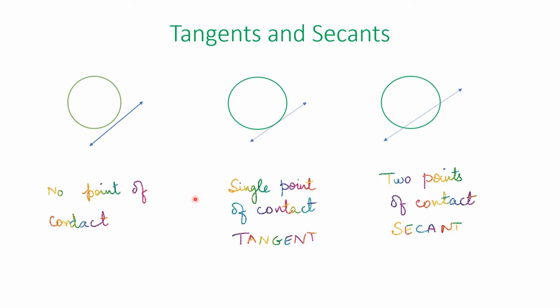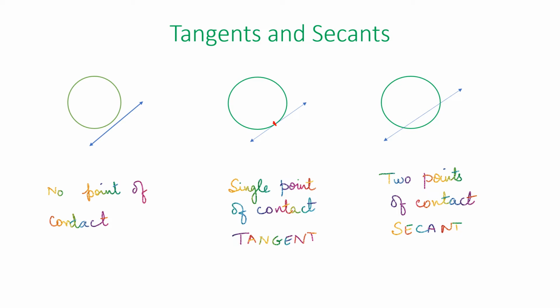Tangents and secants. So here I have a circle and a line. What is the relationship between the circle and the line? This is a straight line. The first case is that the circle and the line have no point of contact, so there is no relationship. Here there is one single point of contact,